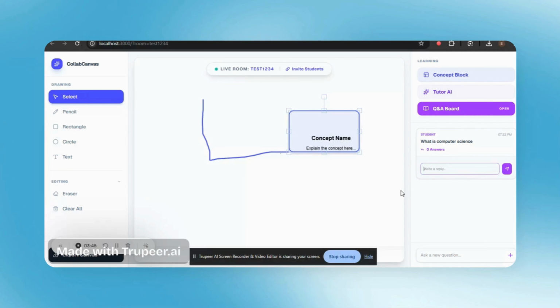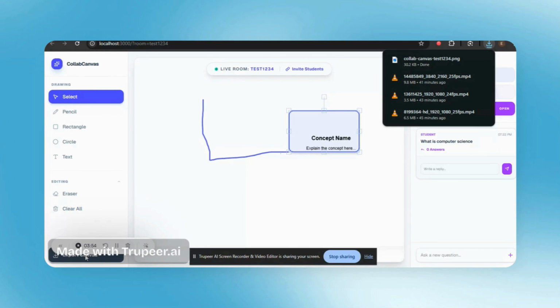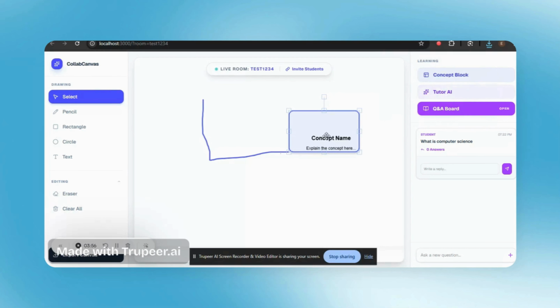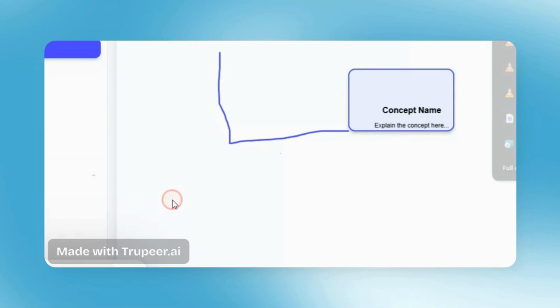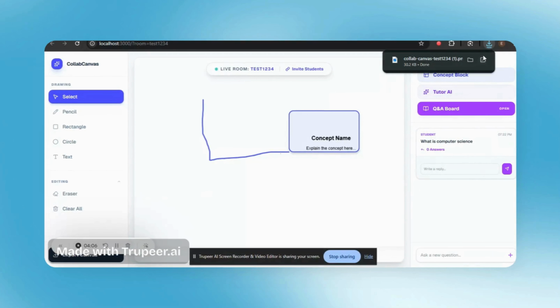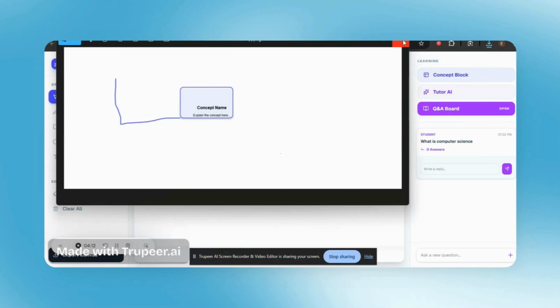Another feature I've added is the ability to export the canvas. This will export the content in PNG format for further discussion. For instance, after discussing a graph or concept name, we can automatically download it. I've downloaded it and will now open it. Here it is. It displays the discussion and